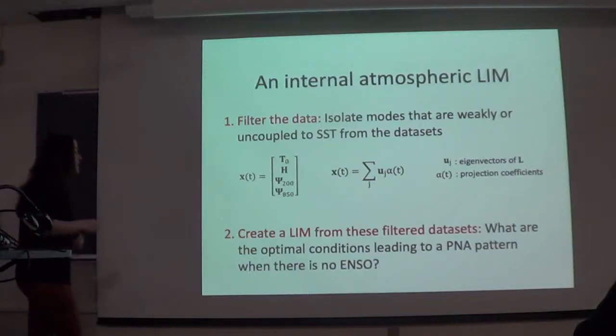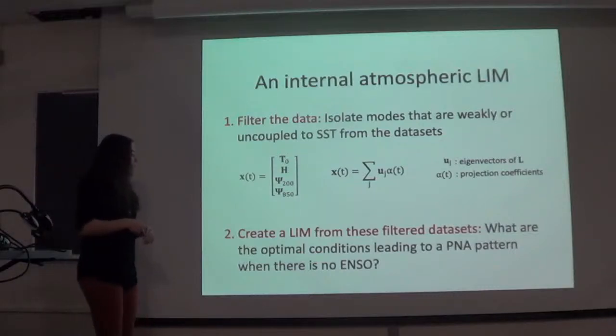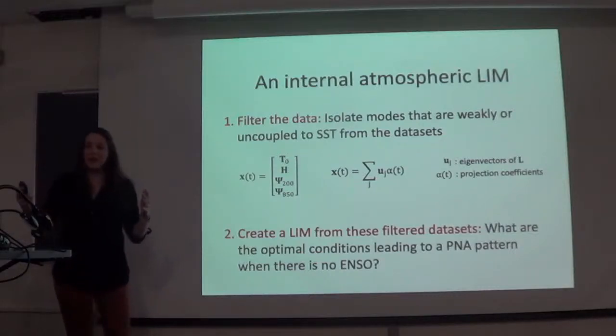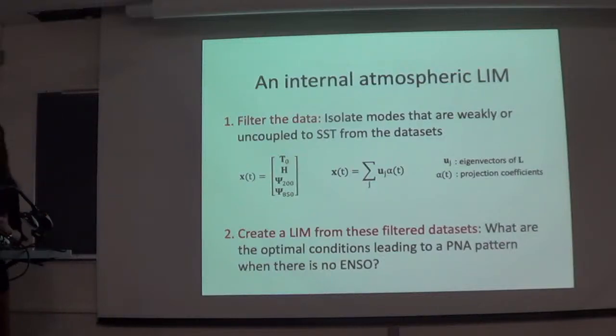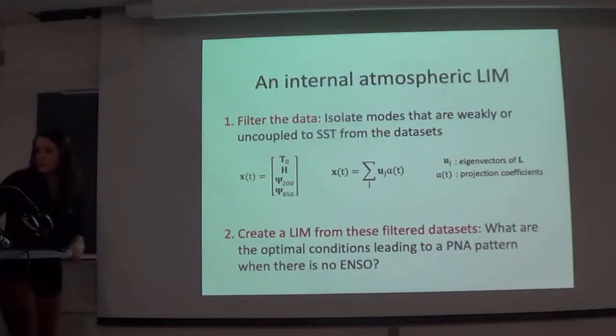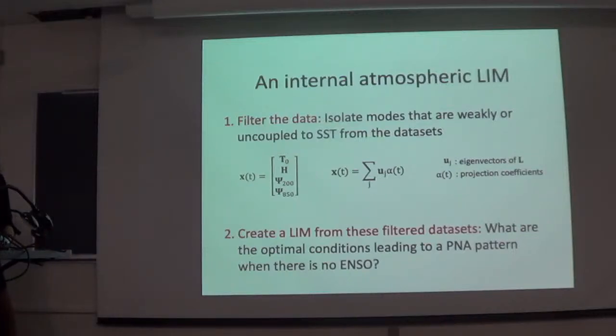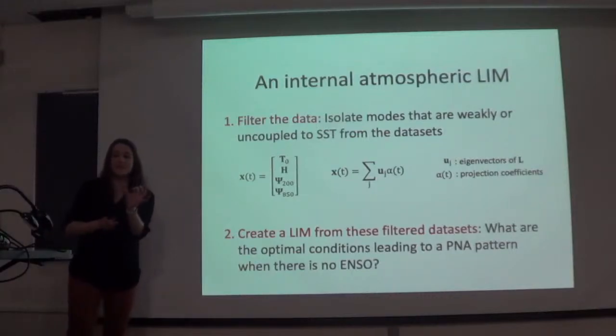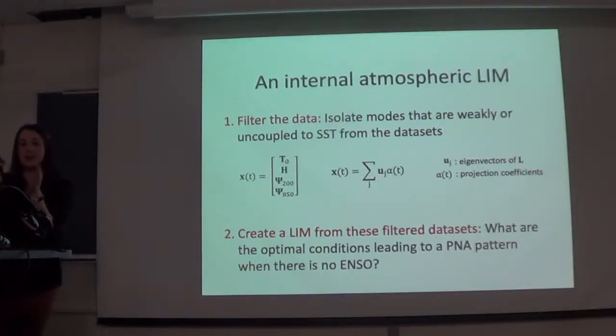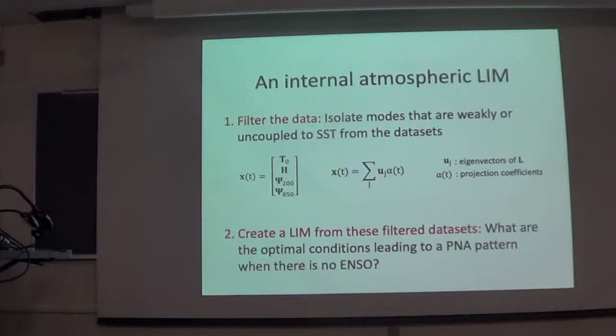So we can ask the question, how do we get to a PNA pattern optimally in the absence of ENSO? Because ENSO keeps showing up, and it's really hard to separate MJO and ENSO from each other. You can try, but doing it with a frequency-based filter, you either have to sacrifice some MJO or include some ENSO if you're doing temporal